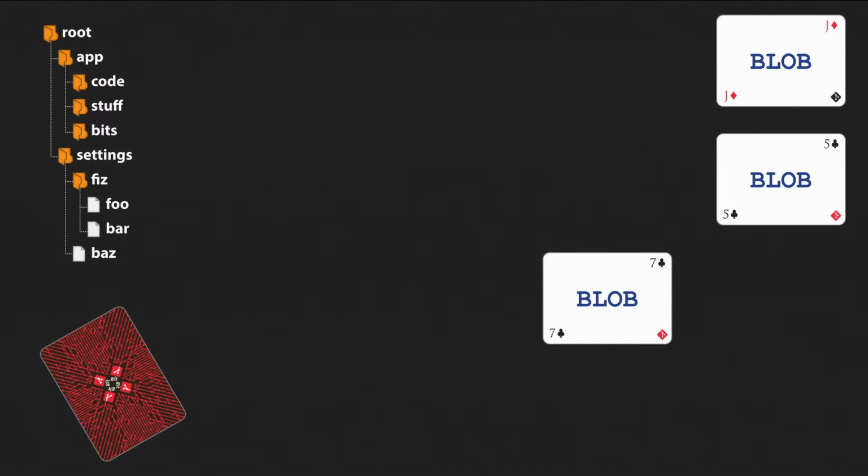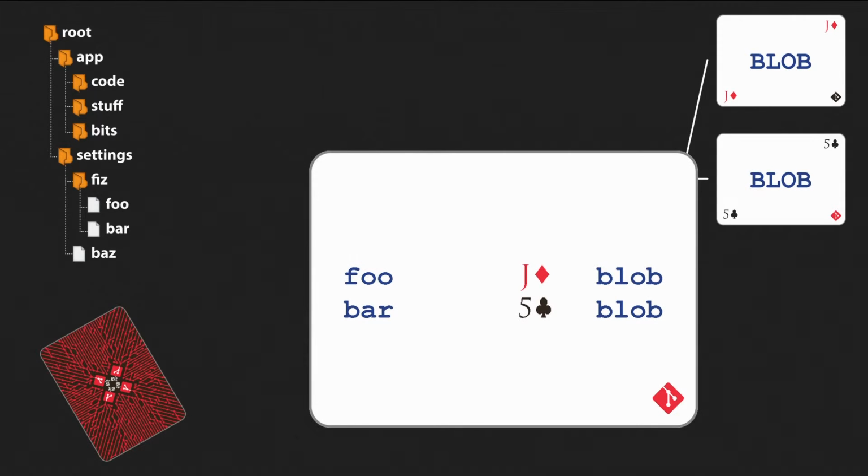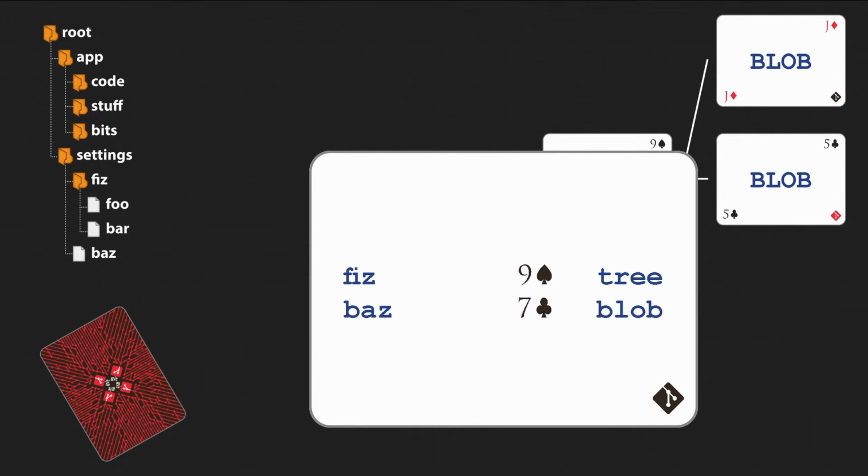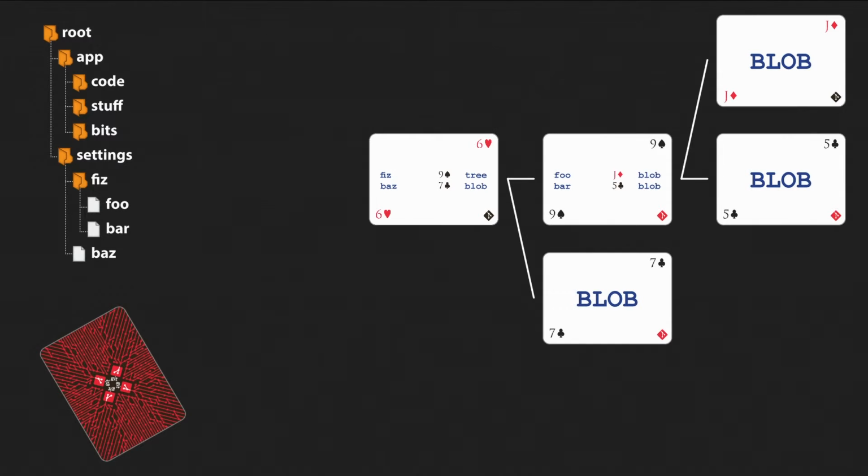To do this, we're going to record 3 pieces of information for each object: the object's name, its hash, and what type of object it is. We'll create a new text file with this information, hash it based on its content, and store it in the database as well. Moving up the line, we'll build the next level of the tree. It references the tree and blob below it. Hash it, and drop it into the index.